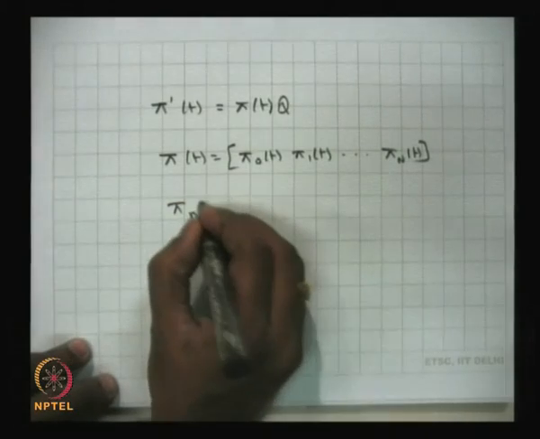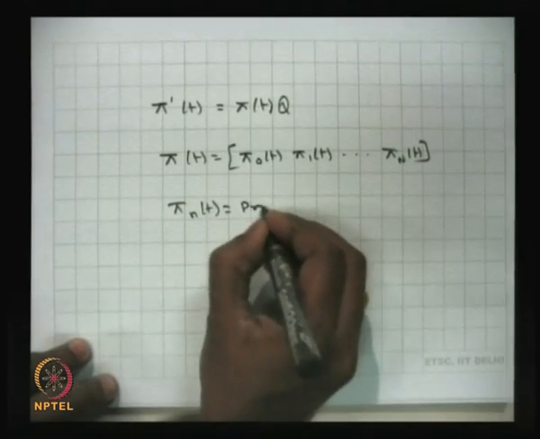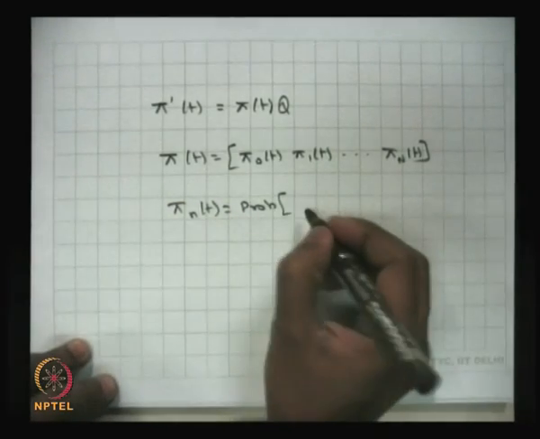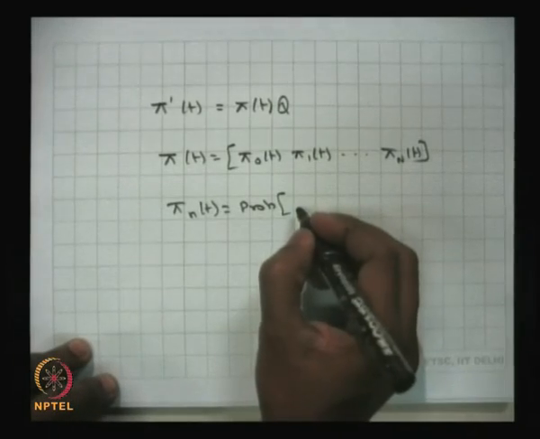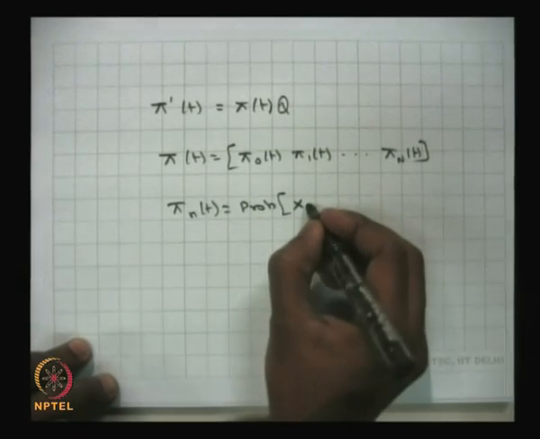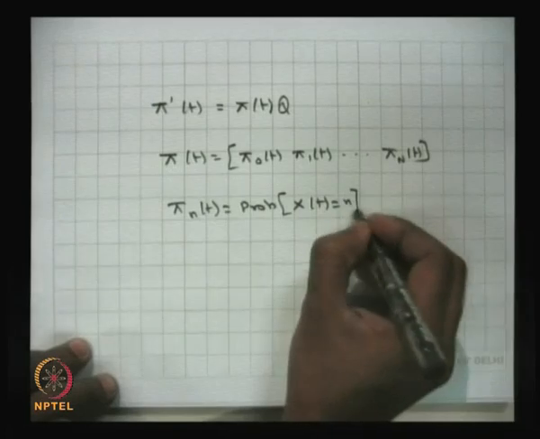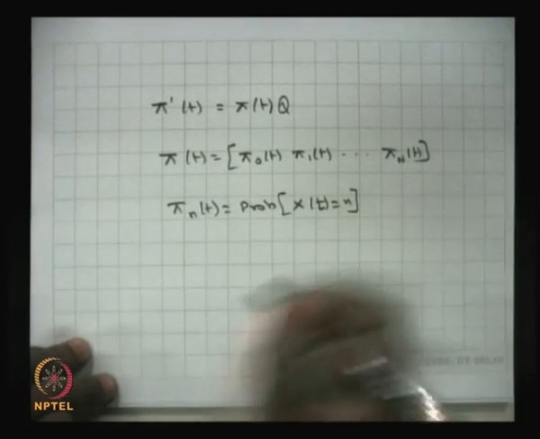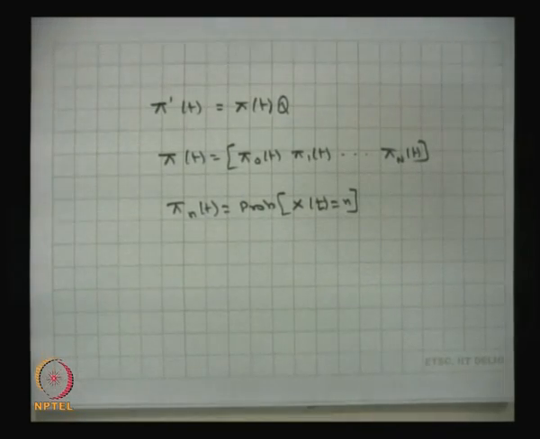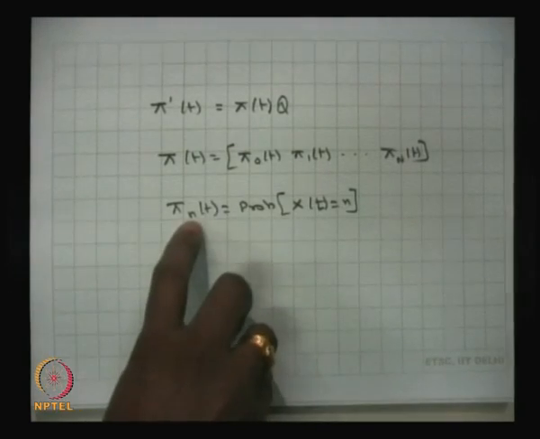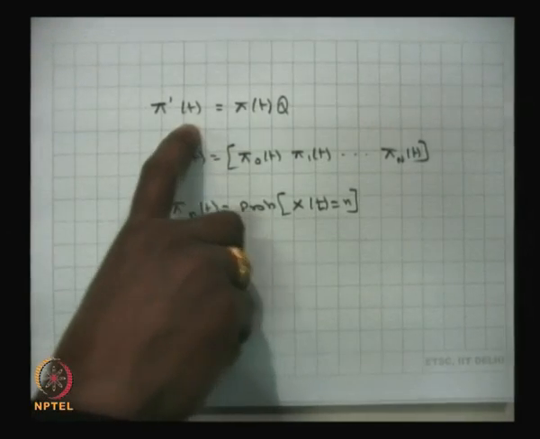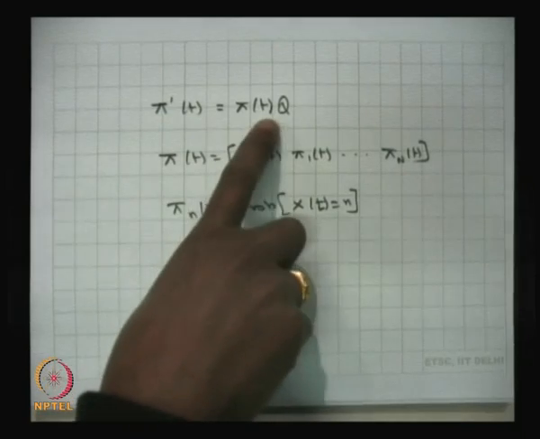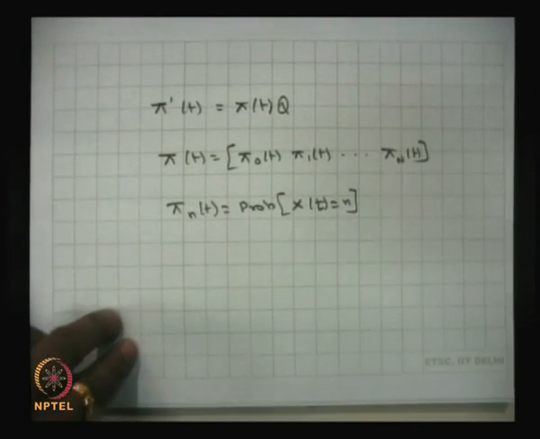Here pi n of t is the probability, with the same notation I used when I discussed the birth-death continuous-time Markov chain, that there are n customers in the system at time t. It is an unconditional probability distribution. Using pi n of t you get the vector and make the forward Kolmogorov equation, pi dash of t is equal to pi of t times Q, and take a Laplace transform